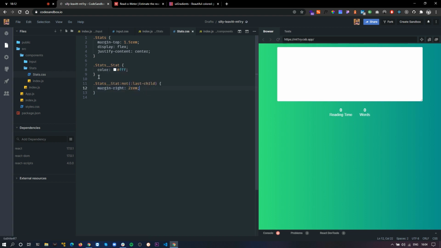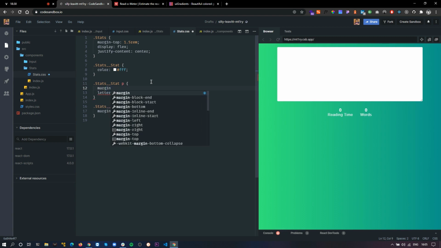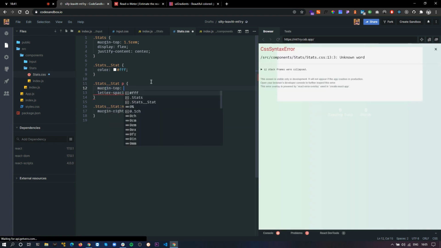And while we are here, let's also style these h1 and h2. Sorry, h3 and p tag. So I think h3 looks fine. I'm just gonna style my p tag. So for p tag, I'll do better spacing. Okay, and I'll also maybe give it some margin. So margin top of